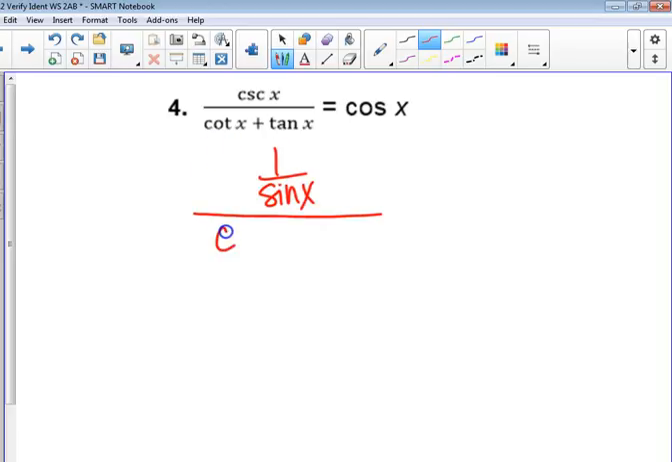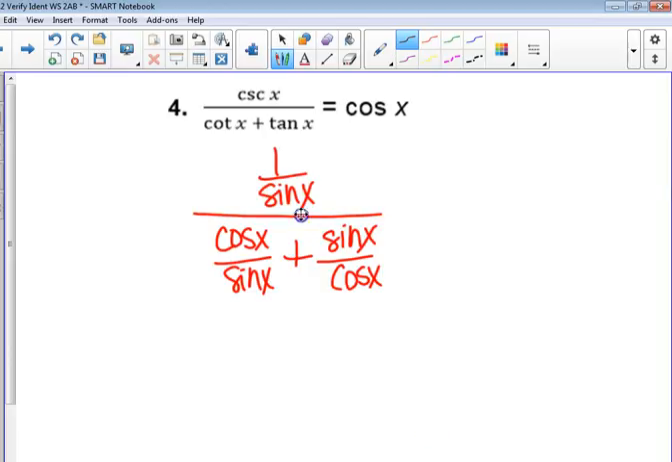Cotangent is cosine over sine. And tangent is, okay. What is the common denominator that we would need to get rid of all of those fractions at once? A sine and a cosine. Does everybody see that? Okay, so I'm going to multiply a sine and a cosine onto the top, and a